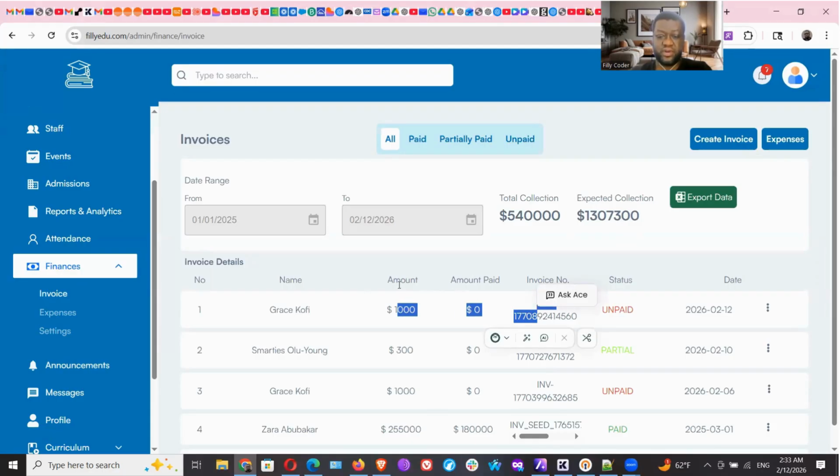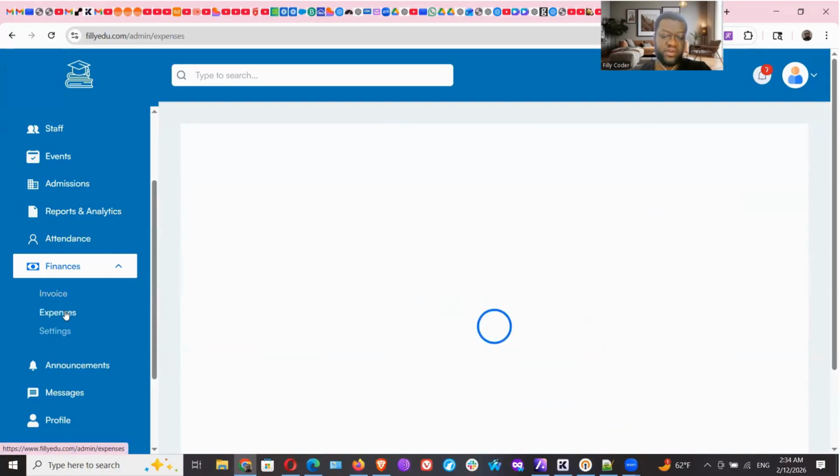So the teachers, the students, and their parents will see that they have an unpaid invoice, and then they can make the payment from the parents' dashboard. The parent logs in, so they can pay, and then this will be marked as paid once the amount is paid. Okay, so yeah, we can customize this for each school. So the currency varies by location, but you can view the invoices or expenses. So under expenses here, this will just be a list of